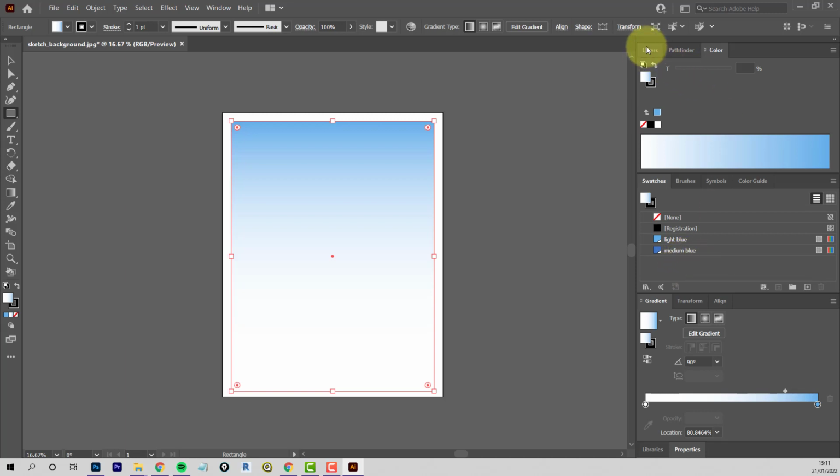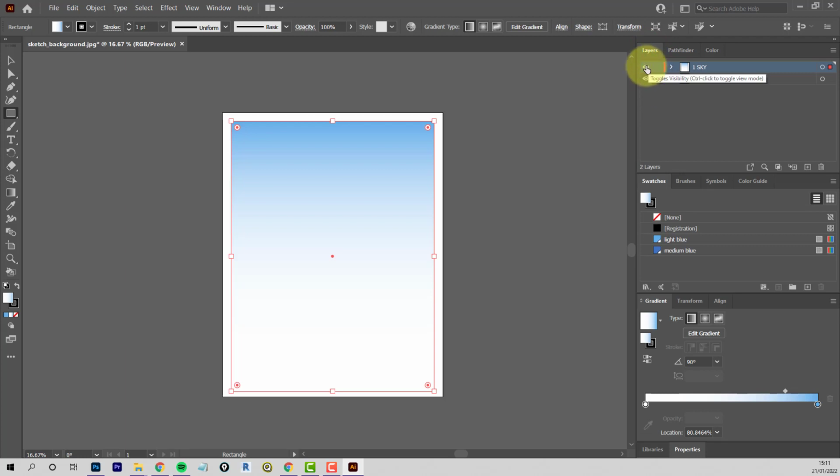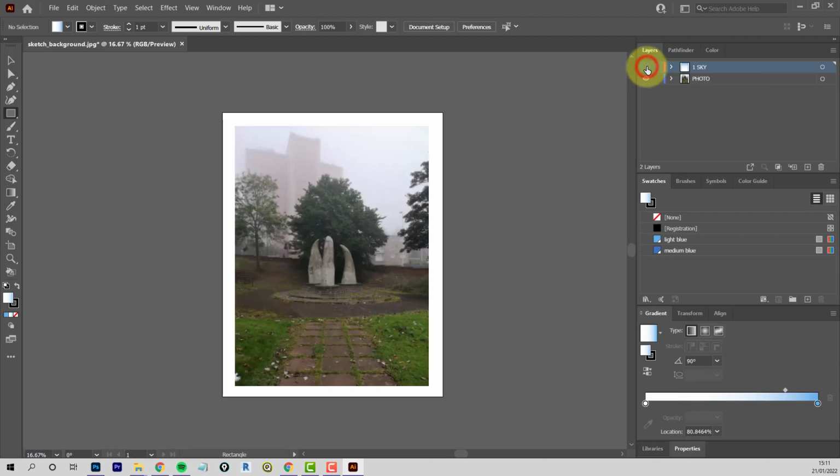Okay, back to layers, and we won't need to see the sky for a while, so let's just switch that off. We can bring it back later on, and we want a new layer now, and we're going to trace around the flats, because they're the furthest away objects. So we've got a tall block of flats, and there's also these 3-4 story ones in the distance as well. So plus for a new layer,